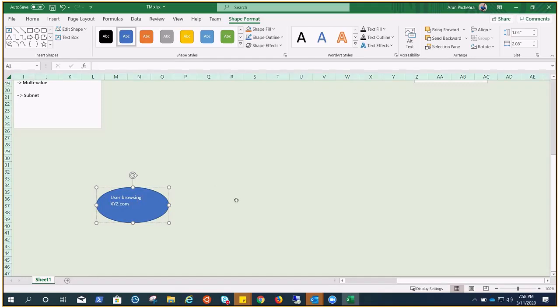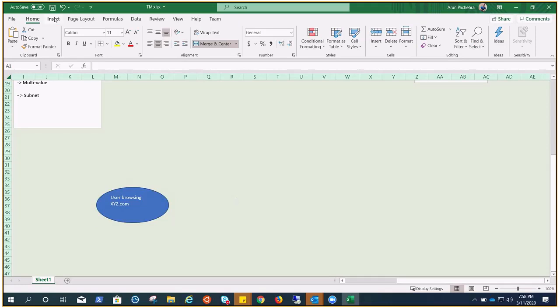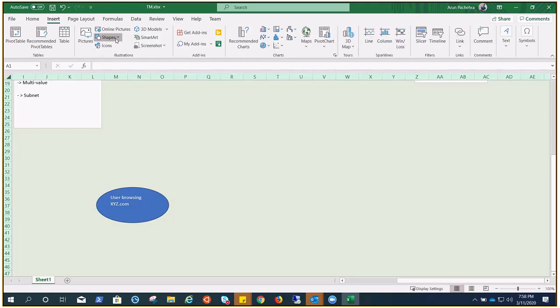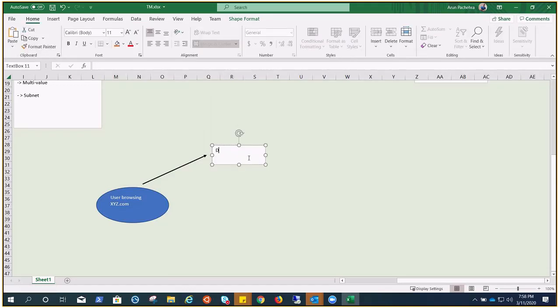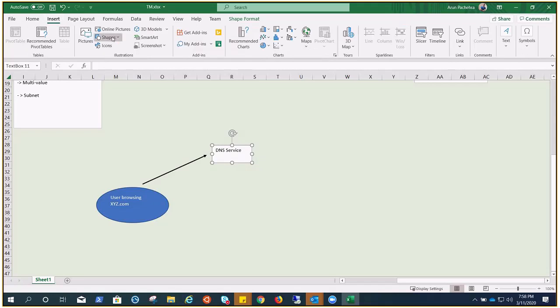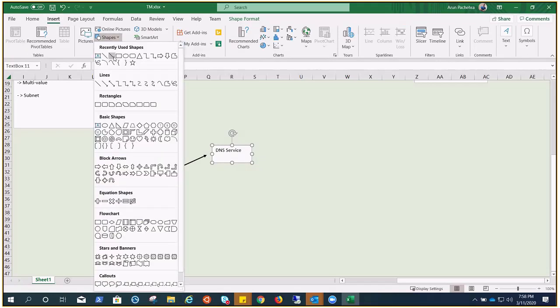We know how the request goes, right? So this will go to the DNS service, and this will ask, and go to the